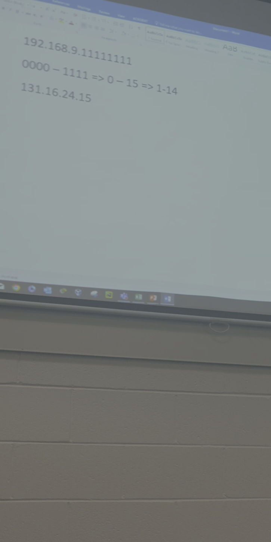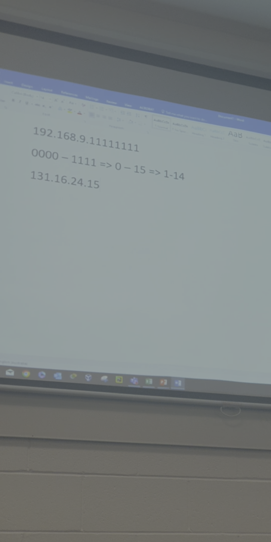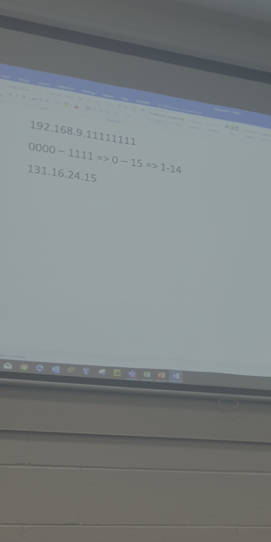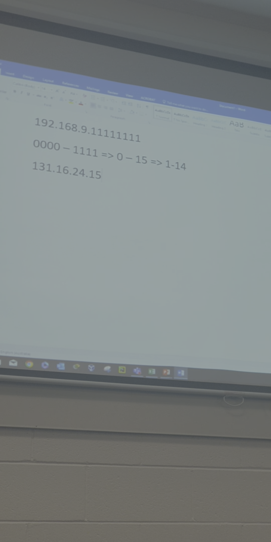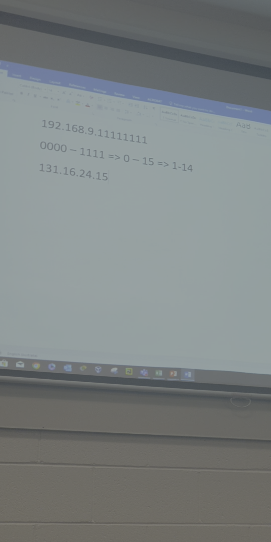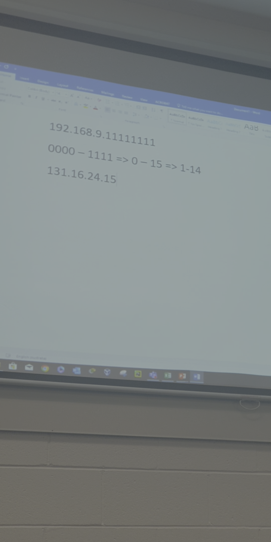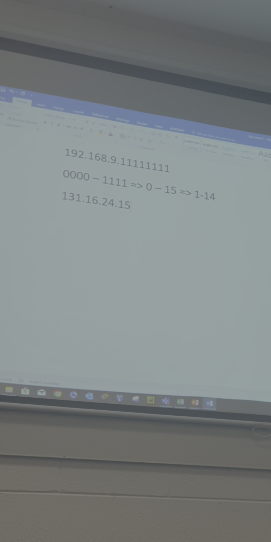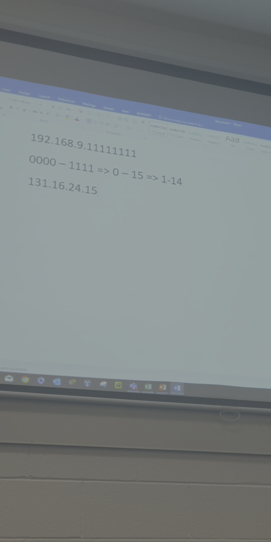So it's 255.255.0.0. And that means that you know that the network address is 131.16.0.0 and the host address is 24.15. You could also know, looking at that address, what other IP address you can use now if you needed two computers to talk to each other. So you can go 131.16.224.16 and that will talk to it. Or you could go 131.16.100.100 and that would work. But you know if they put 131.17, it's not going to work. Yeah. So a lot of information. Let's take a break before you